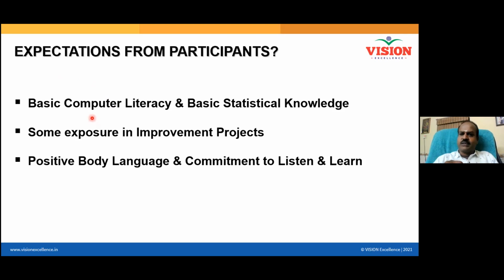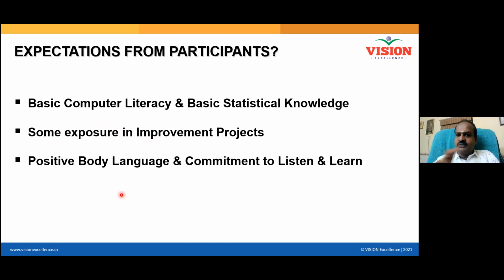And some exposure in improvement project. I'm sure all of you, as experienced professionals, might have been involved in some projects, right? Definitely some quality improvement project. And only thing is, as already pointed out, you might not know that you worked on a project. Otherwise, all of you will definitely have this second